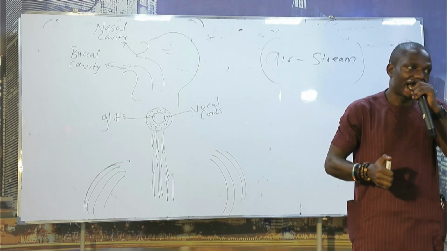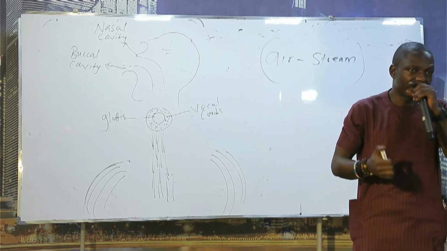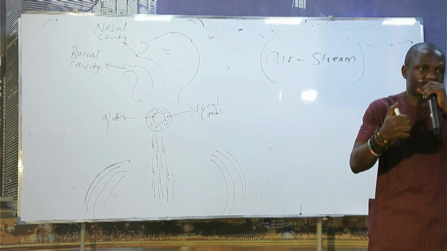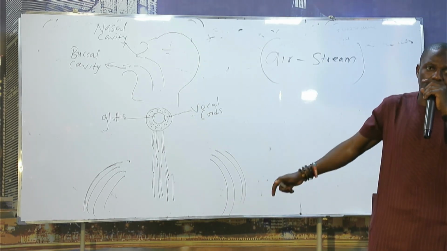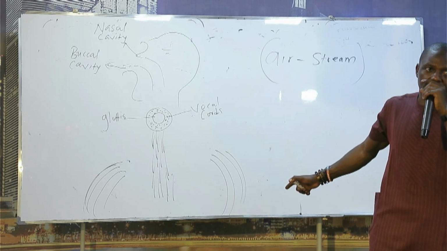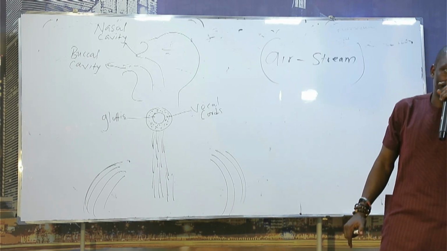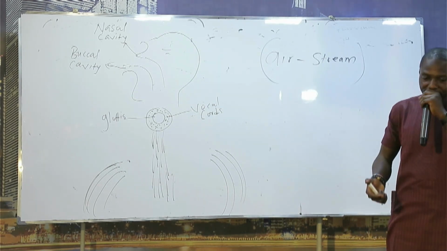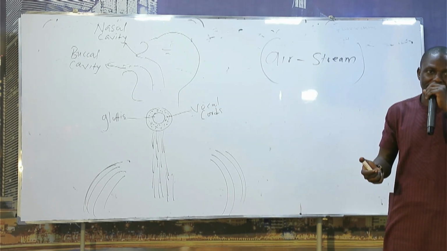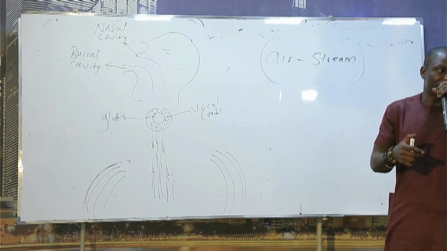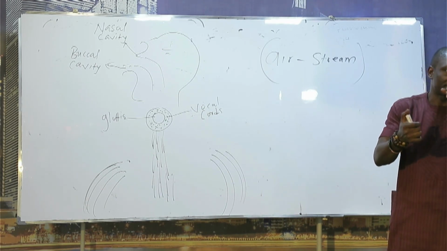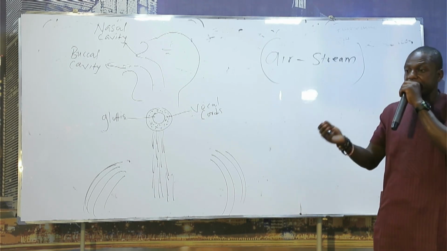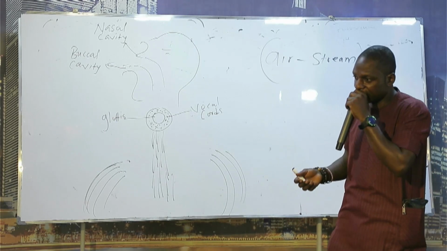Realizations of sounds are very important. Very, very important in your year 1. The first term paper you will write in Use of English probably might be on sound, phonology. You know what is a term paper? A term paper is an assignment that contains up to 20 pages. And you write it in chapters, chapter 1, chapter 2, chapter 3. And it will carry your preliminary pages like your dedication, acknowledgement, table of contents.